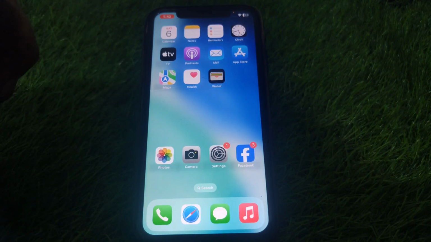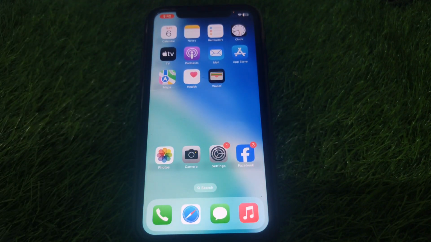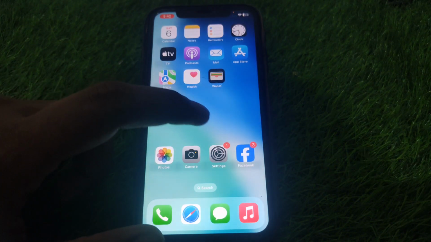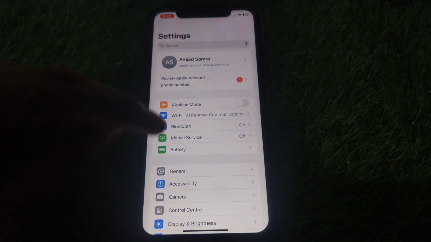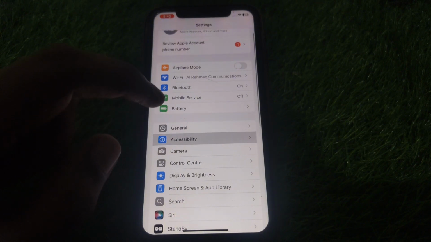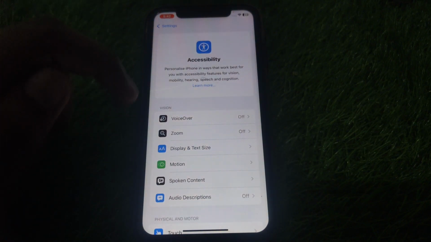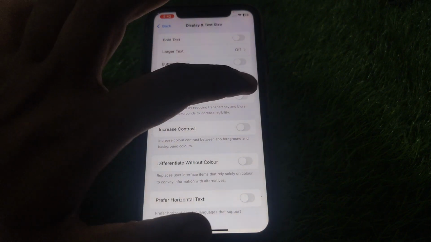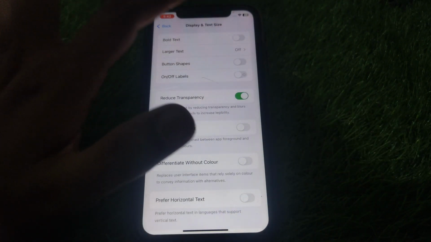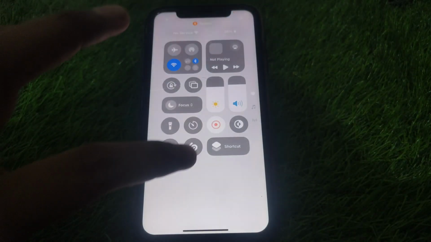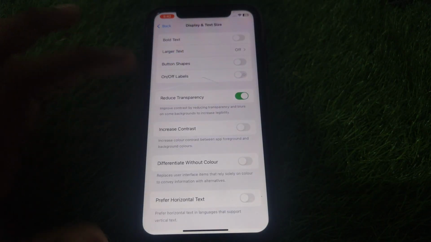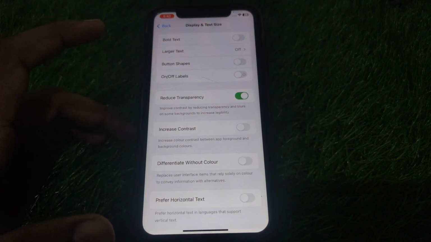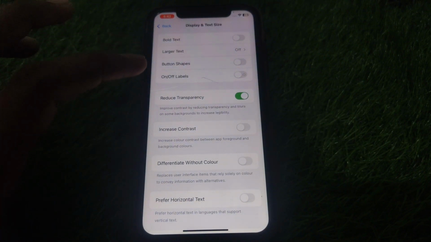So if you want to get the transparent control center, then you have to follow these instructions. You have to simply go to Settings, and after that go to Accessibility, and here you can find the option of Display and Text Size. Here the option Reduce Transparency is available. So you have to make sure you turn on this feature, and after that check whether your control center has been fixed and is now showing